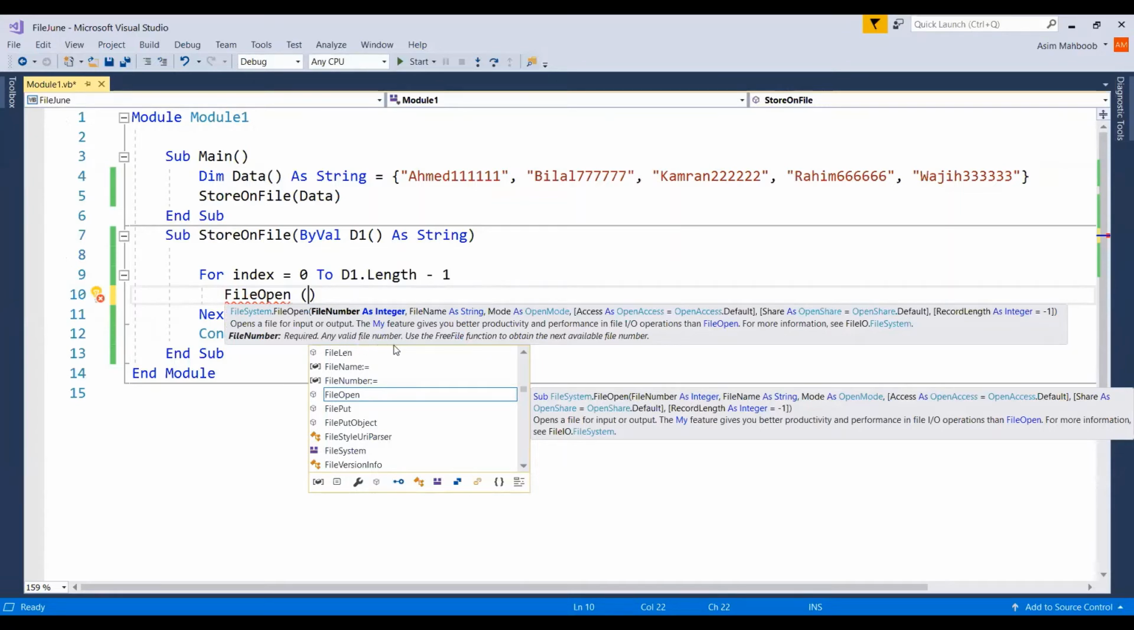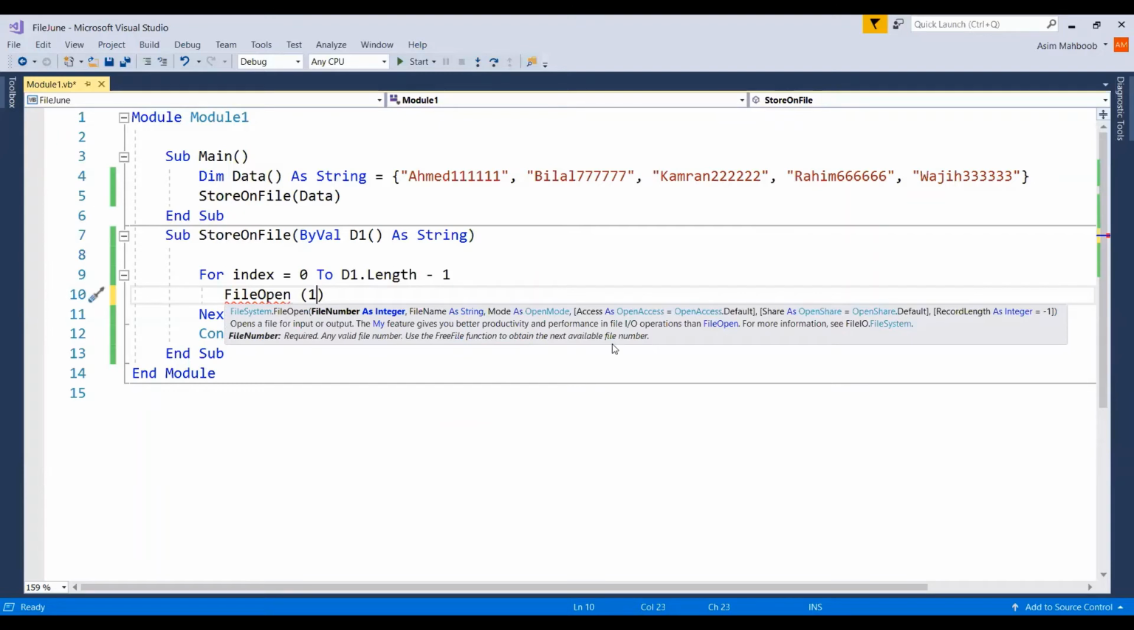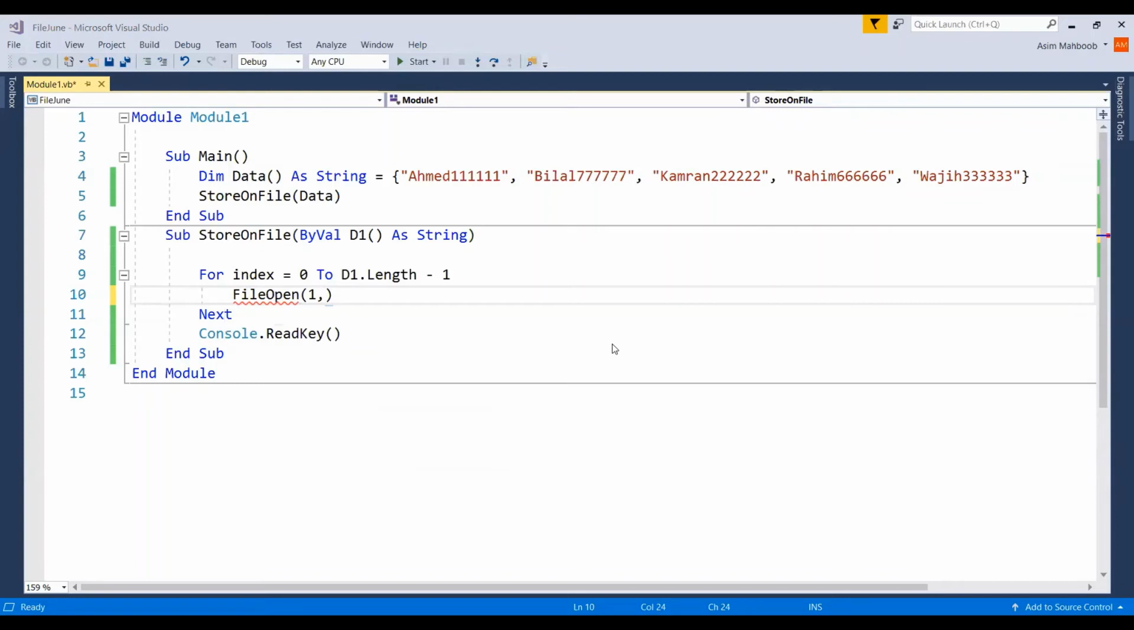और फाइल नंबर एज इंटीजर नीचे लिखा है रिक्वायर्ड, एनी फाइल नंबर, यूज द फ्री फाइल फंक्शन टू ऑब्टेन द नेक्स्ट अवेलेबल फाइल नंबर। फ्री फाइल फंक्शन भी यूज कर सकते हैं लेकिन हमें कोई जरूरत नहीं है, हम सिंपली 1 कहते हैं क्योंकि इस पर हमारी जो फाइल खुली हुई है, जो हम खोलेंगे जिसका नाम भी अभी हम लिखने लगे, कॉन्टेक्ट लिस्ट फॉर एग्जाम्पल, तो उसको जो हम नाम देने लगे हैं वो 1 ही होगा।